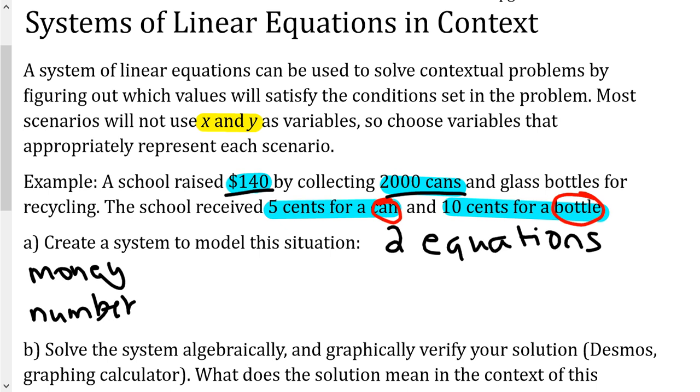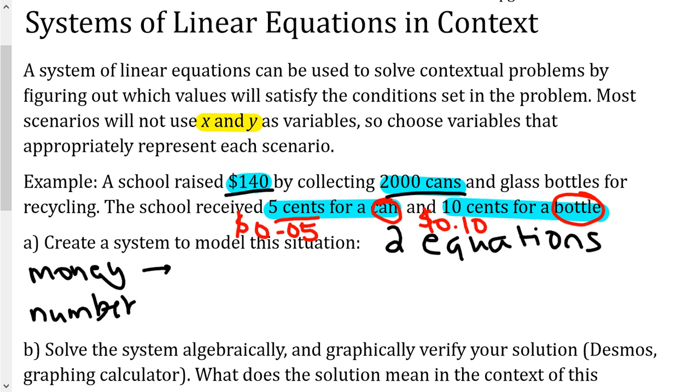Right, so let's look at our first equation. So we want to create a first equation that talks about the money raised, right? We know that our total comes to $140. Making sure we're super clear on our units. We have a couple of first things to address here. 5 cents, let's call that $0.05, right? So that we're consistent. Everything here is in dollars. And 10 cents for a bottle, let's call that